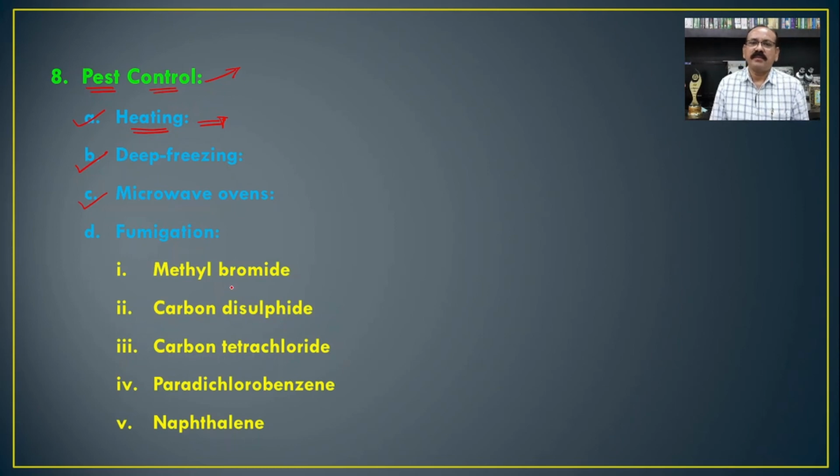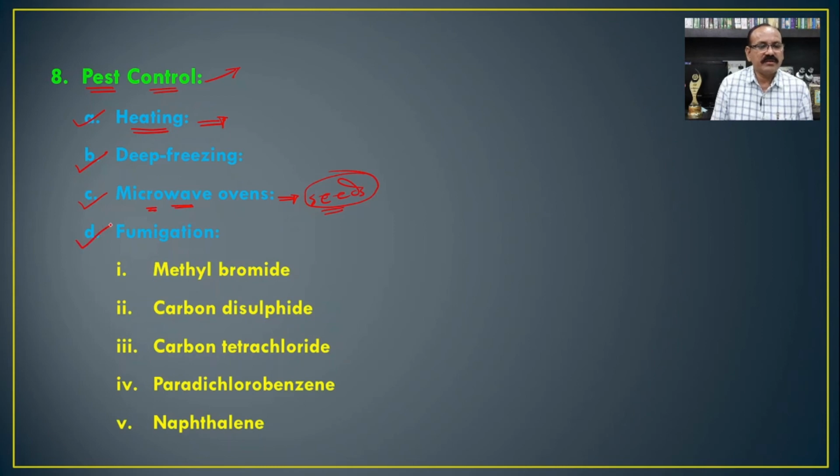But use of the microwave oven is also harmful or disadvantageous to us, because there is availability of pollen grains and basically seeds. And if seeds are present there, and later on these seeds are used for further study, then it is not possible to germinate these seeds after the treatment with the microwave oven. And hence we should almost avoid the microwave oven in pest control.